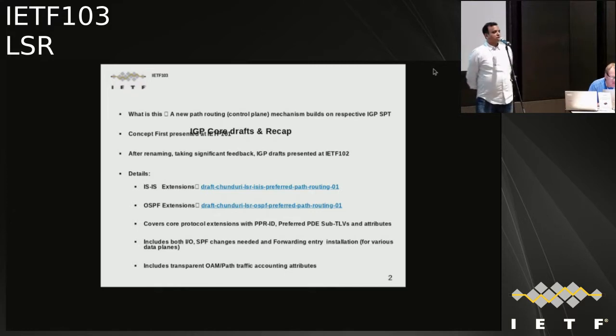It also includes the SPF changes required, the small change required at the end of the SPF for installing the forwarding entry, to dip into the PPR, get the next segment, next hop, and install the PPR ID. And it also allows you to get the path concept. This is free OAM, transparent OAM, because as and when you remove the segments from the SR, you don't have the notion of the path. So it's free. You don't have to put extra labels. You don't have to put MPLS special labels to give the path notion.